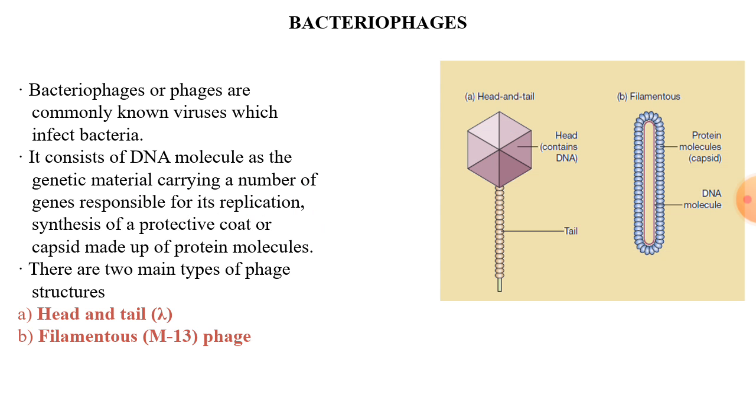Here, DNA is the genetic material in these bacteriophages, and there are two main types of phages based on their structure. One is known as the head and tail virus. It is known as that because it contains a distinct head-like structure, which is an icosahedral structure, and a distinct tail-like structure, which later serves as the attaching unit in the bacterial infectious cycle. The other is filamentous. Here the virus is not distinguished as head or tail. It has a simple structure.